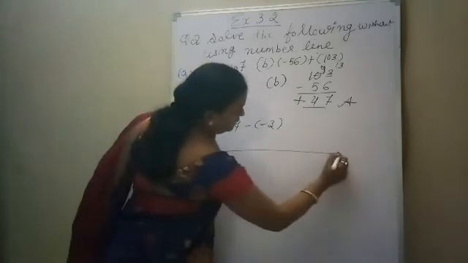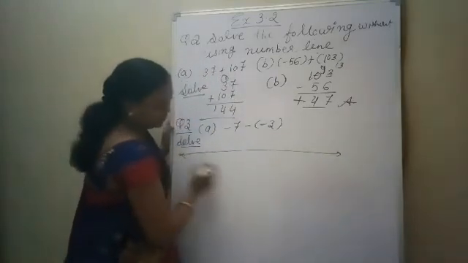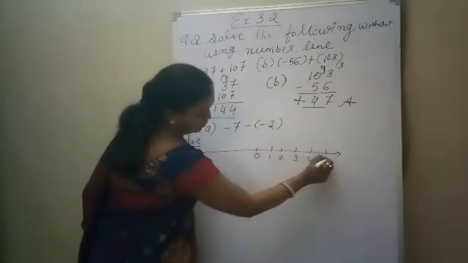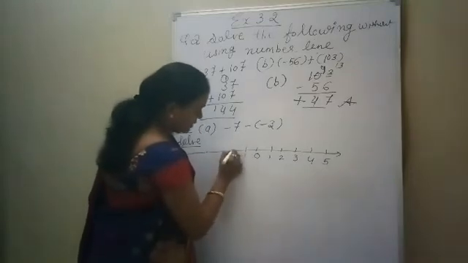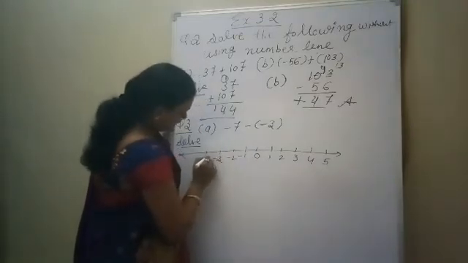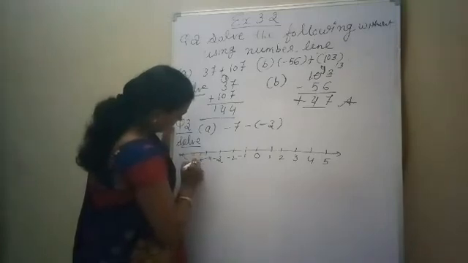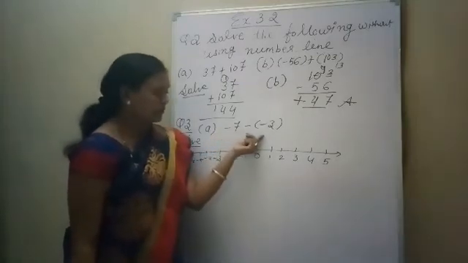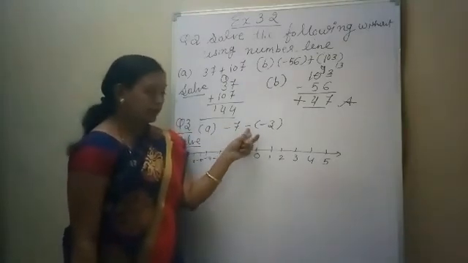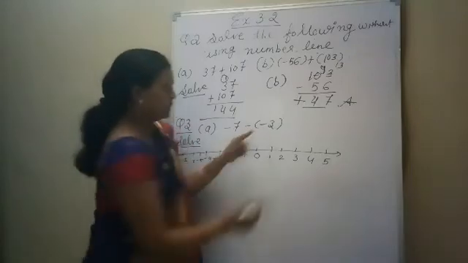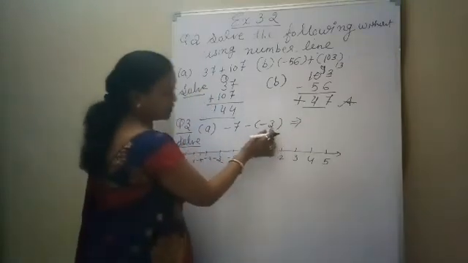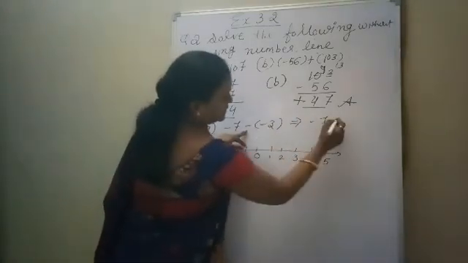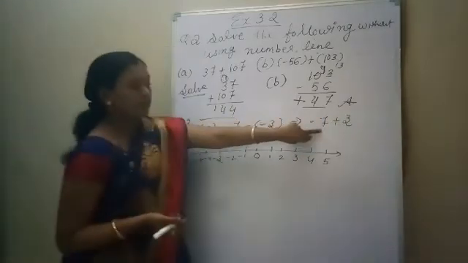So here again we will make a number line, the same: 0, 1, 2, 3, 4, 5. On the left side, minus 1, minus 2, minus 3, minus 4, minus 5, minus 6 and minus 7. When we are going to show the numbers on the number line, look at here, when the subtraction is there, for the second number we will see the additive inverse of the second integer, or we can reopen the brackets: minus and minus, plus of 3. So which one is the first integer?